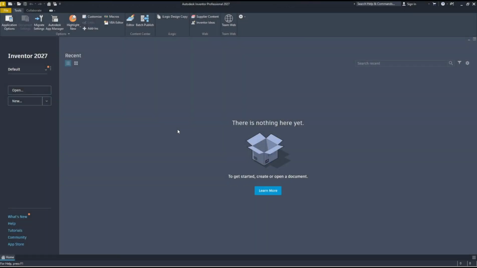Hello everyone, today we are going to learn basic Autodesk Inventor 2027: how to change drawing template. So we'll go to drawings